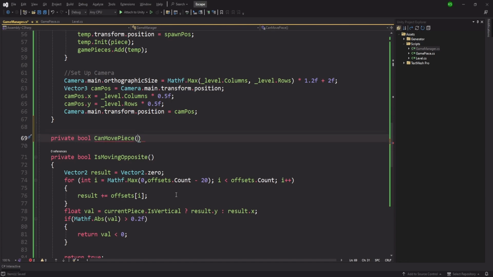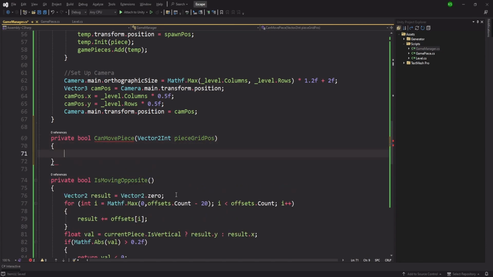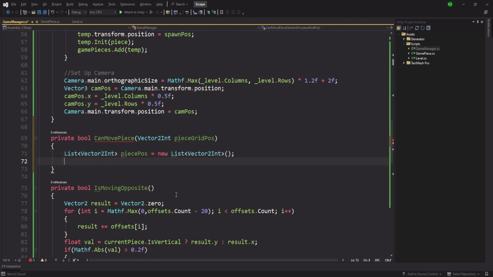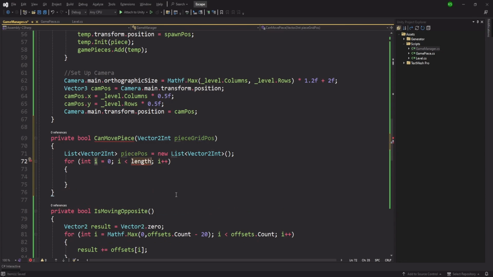And we'll pass a Vector2Int of our piece grid position. So when can we move? List of Vector2Int, our piece positions, is going to be equal to new List of Vector2Int, and we are going to add our current piece size, and piecePositions.Add(pieceGridPos plus